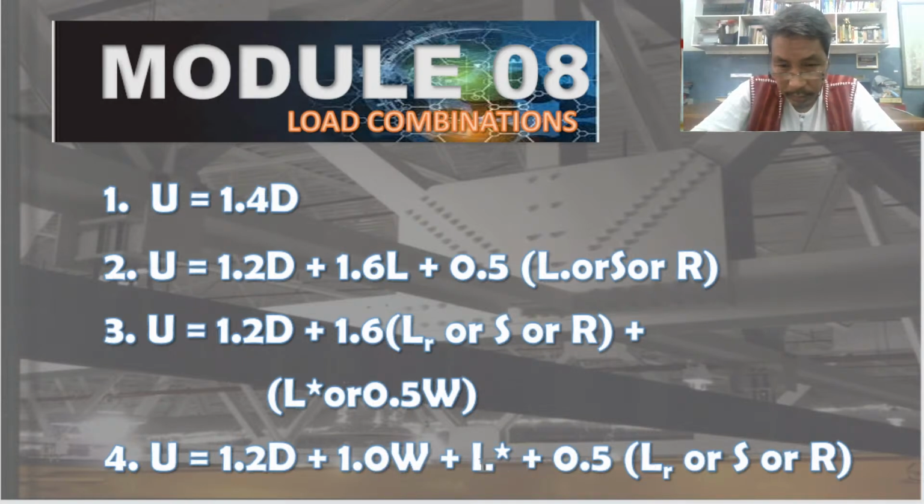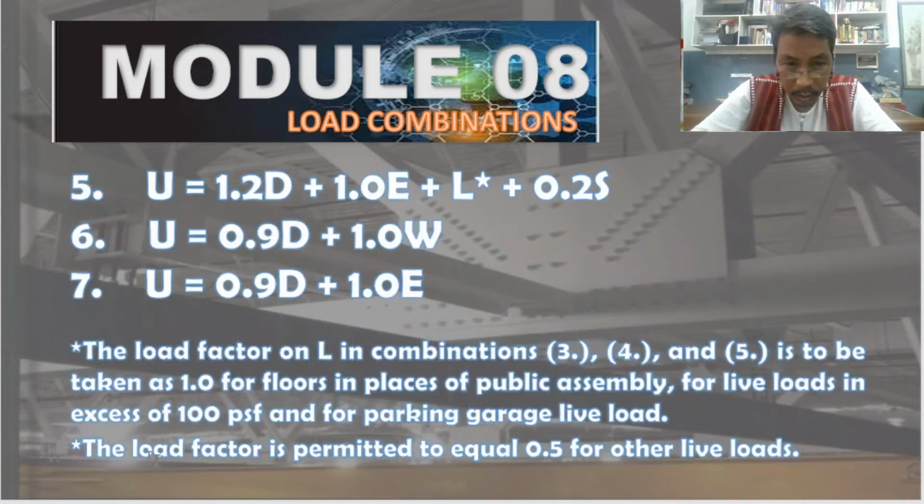Here, 0.5. So here, 0.5. Okay, so we have that. And also, equation 5, 1.2 dead load. So, always 1.2. So, we do not have what? Snow load. So, therefore, for equation 3, 4, 5, the load factor is permitted to be equal